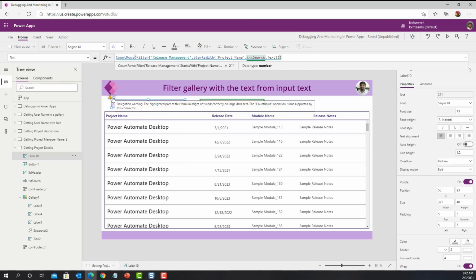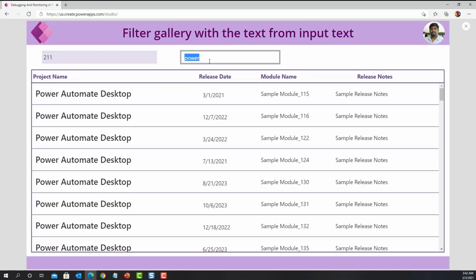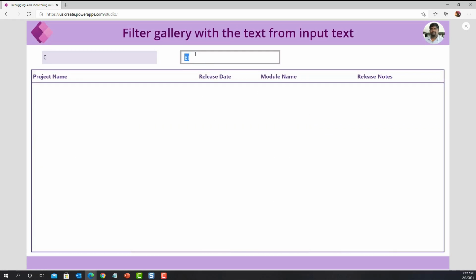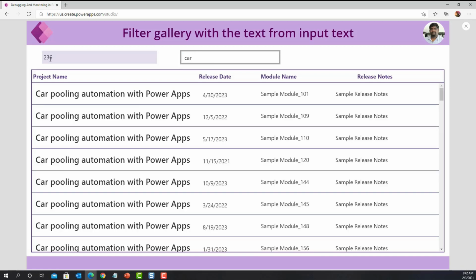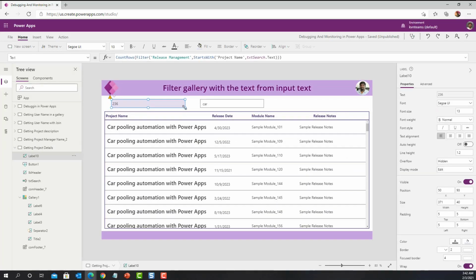For a while, let's not worry about delegation warnings because we are not focusing on delegation. We are all focusing on debugging. So as part of this debugging, I know that this filter query is giving 211 records. When I say BI, it is giving 0 records. When I say car, it is giving 236 records. So this is how I can ensure that my formula is working as expected or not.